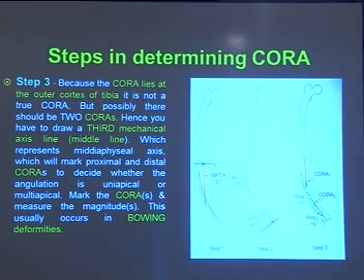So when this CORA lies out of the bone, it doesn't become a CORA, there must be two deformities, and therefore you draw a line from this axis to this axis, and that becomes, there are two CORAs here, one here and one here. And that occurs particularly in bowing deformity, what Dr. Kulkarni has shown you.